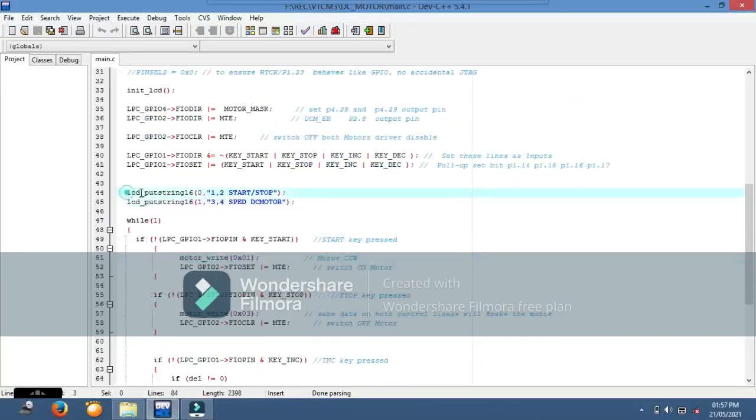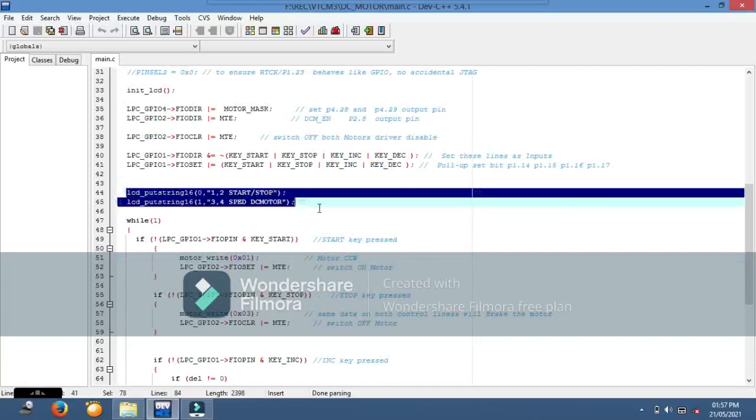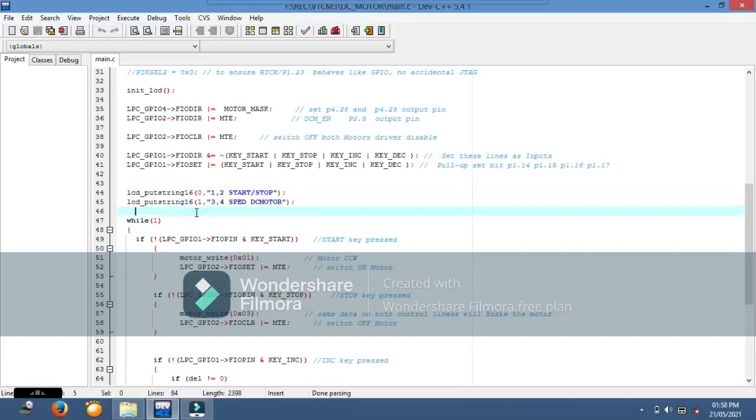Next we are using these things to display on the LCD. So we are using the LCD put string 16 function, which is available in the lcd.c file. Therefore we need to include the lcd.c file also while we are creating a hex file.